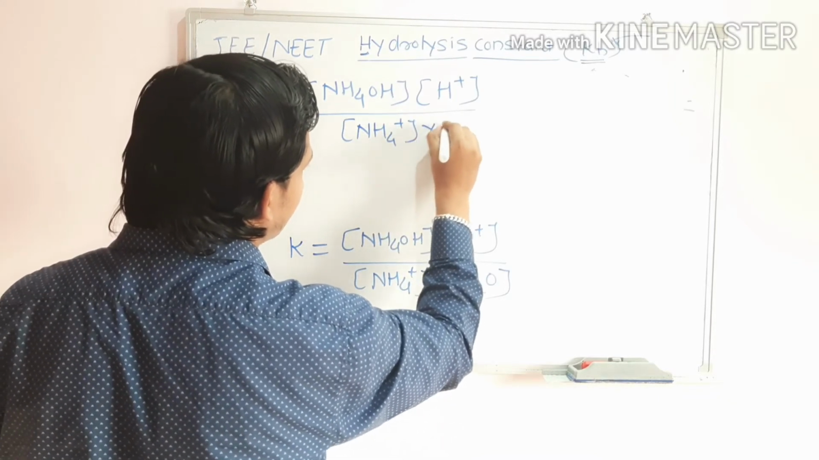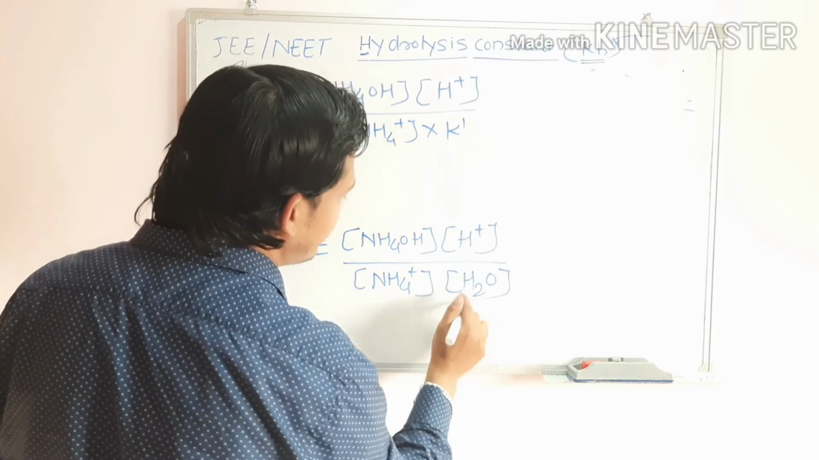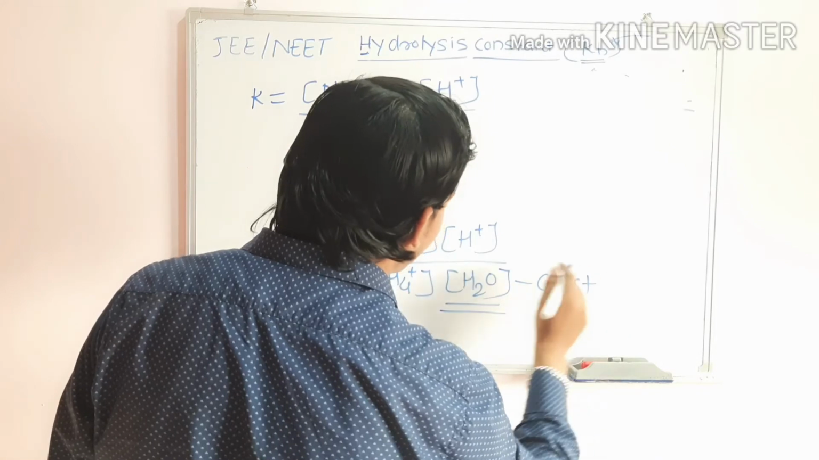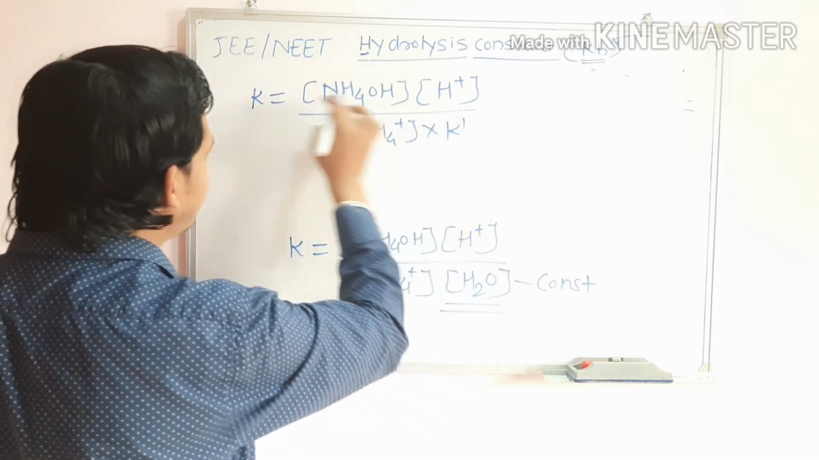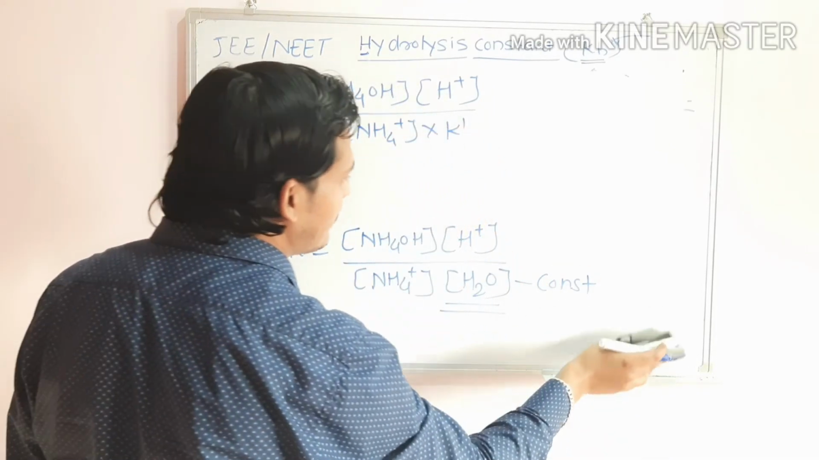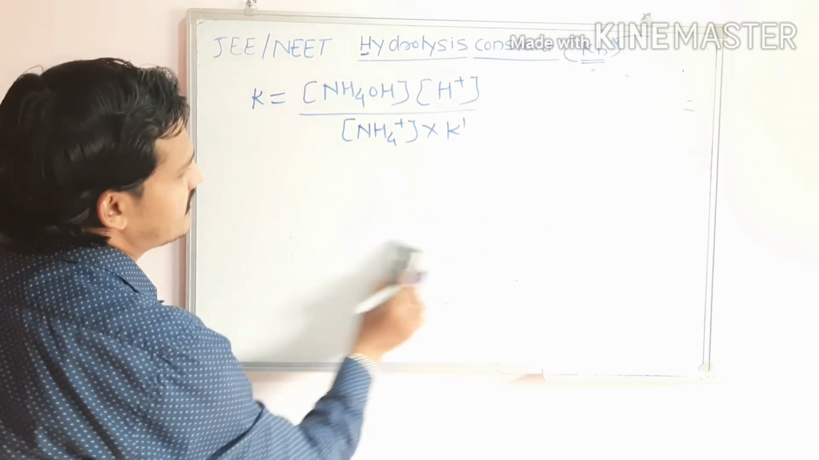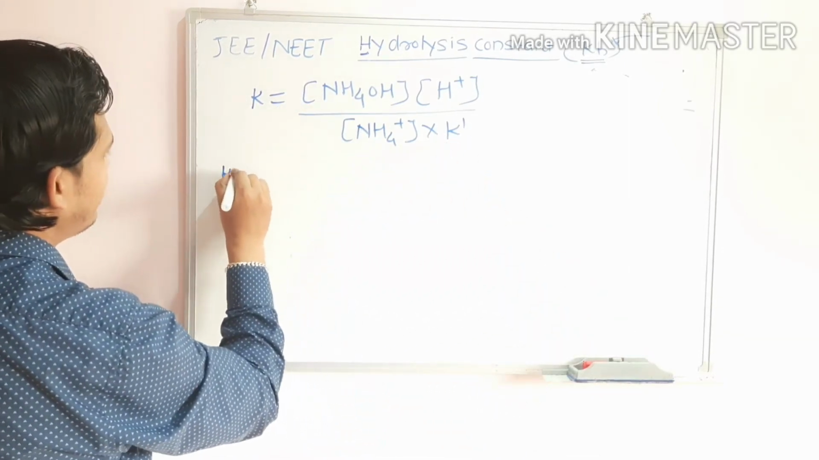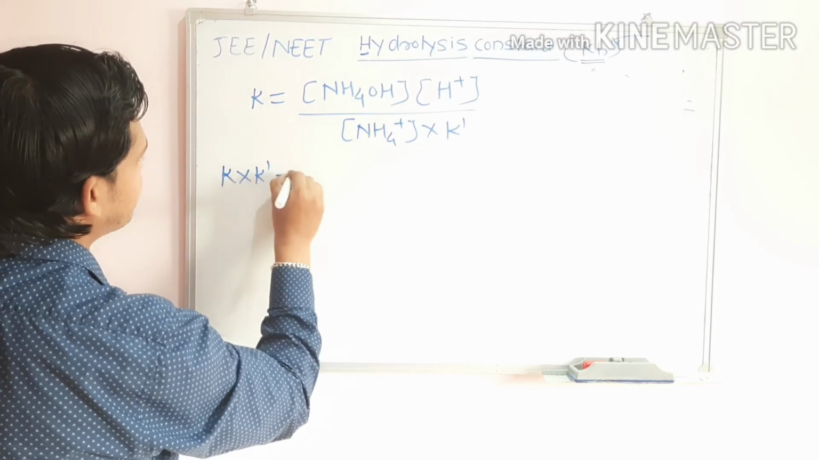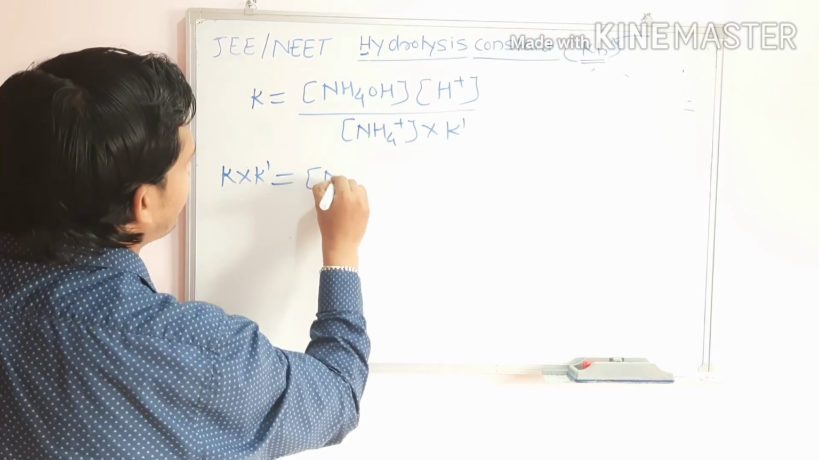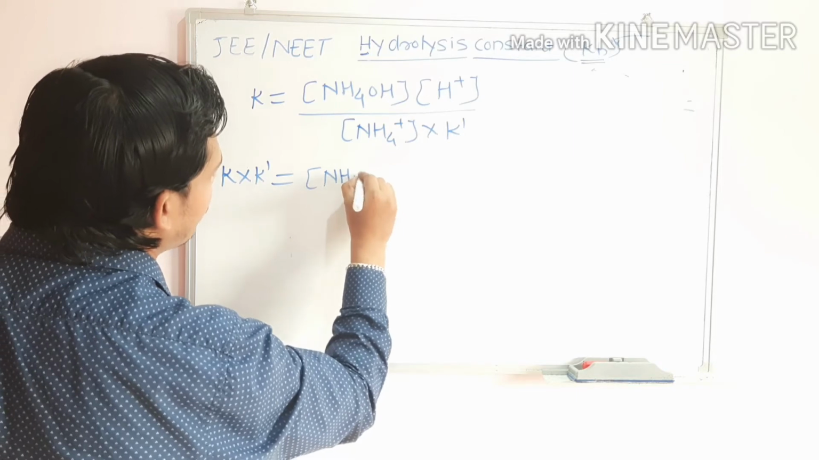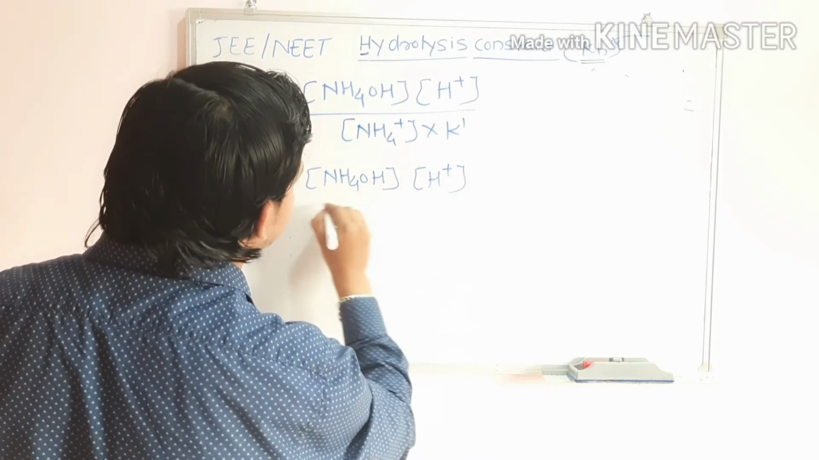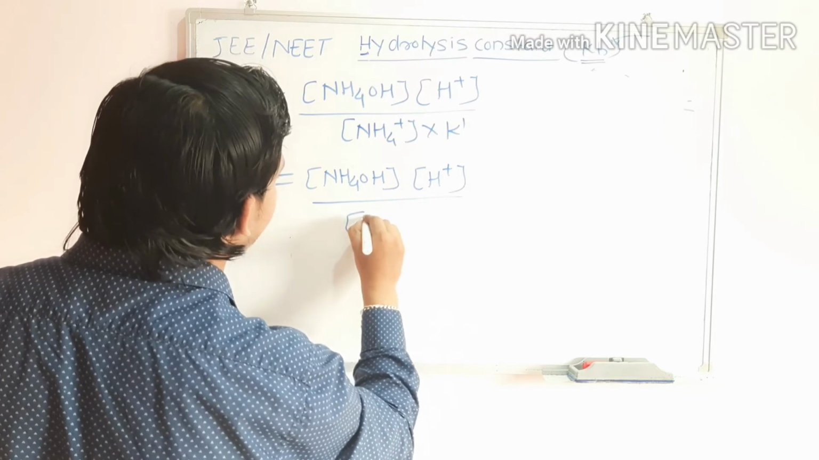NH4 plus into K dash, because the concentration of water remains constant. So instead of writing K, I am writing here K dash, because already I am writing here K. Okay. Now our next step is K dash. K into K dash is equal to, in bracket NH4OH, in bracket H plus, divided by in bracket